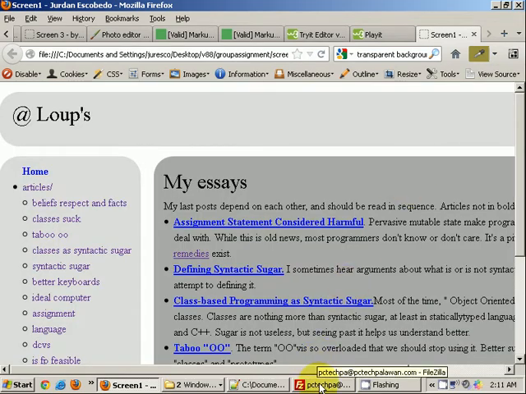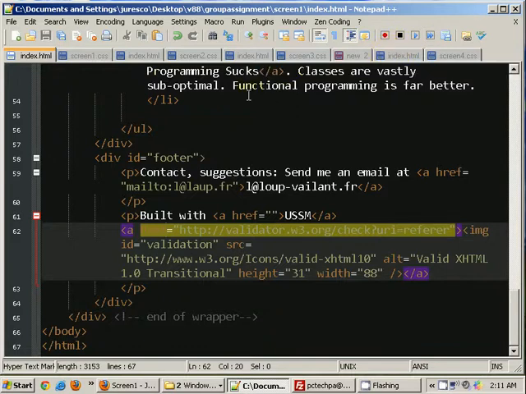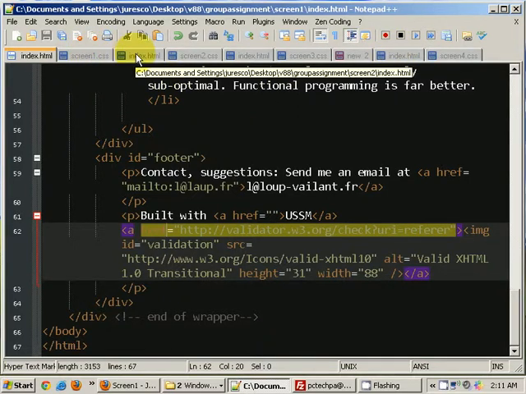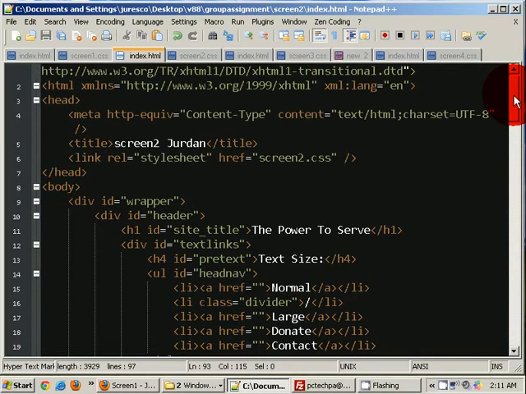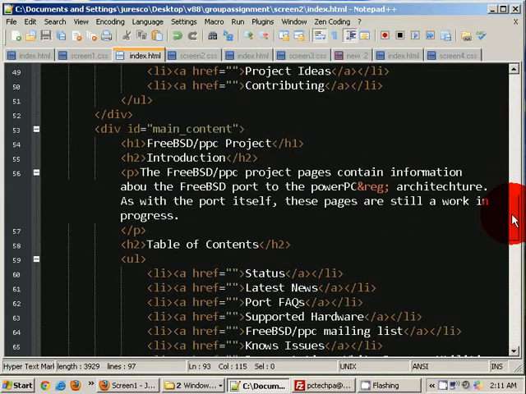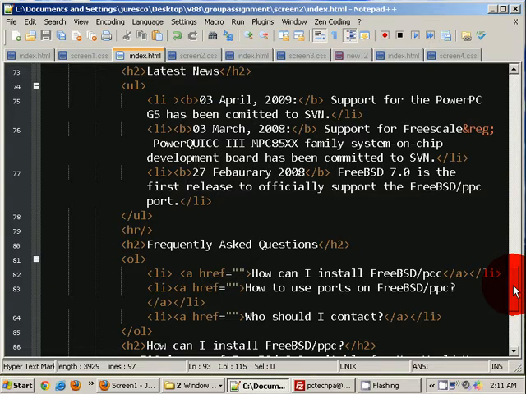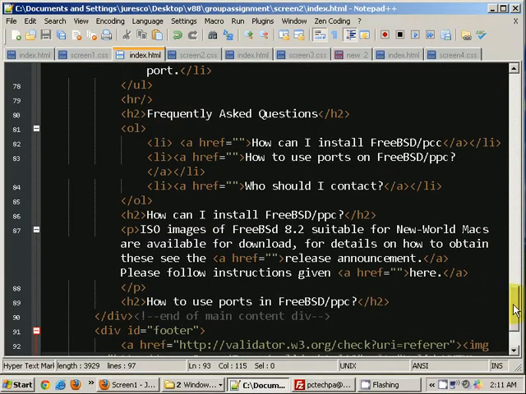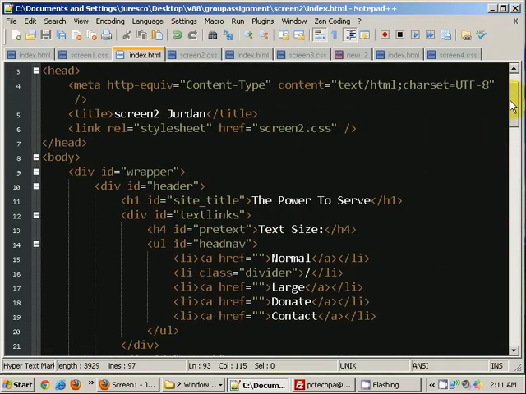For screen number 2, here I also cleaned this up as I suggested, followed your coding style, minimize the divs, and just learn to code with less coding, less divs.